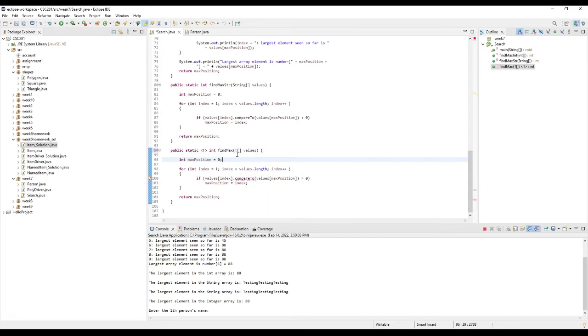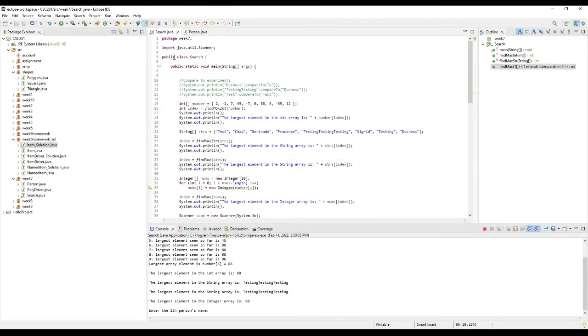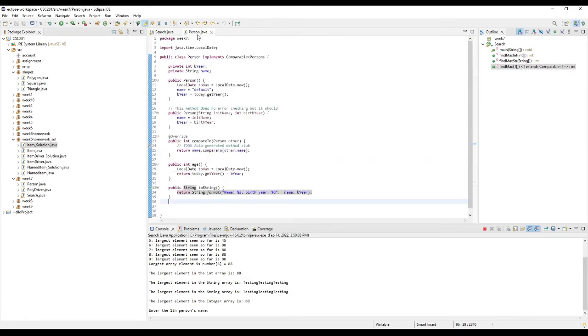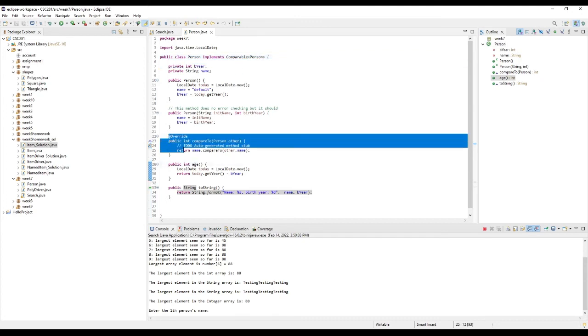So again, what's happening here is that we need to be very type specific. Because we're not being type specific, it's not going to run our code. The way that you can tell this T to reference the generic type is to type into these brackets here, extends Comparable of T. The only reason this is happening inside of our main driver is because we're not implementing the Comparable object up here in the search class. So here, it's an inline way of implementing Comparable. But you can see the way that we did it looks a lot easier. We made a Comparable of Person. So now every Person object is going to be able to implement Comparable, which allows it to use the compareTo